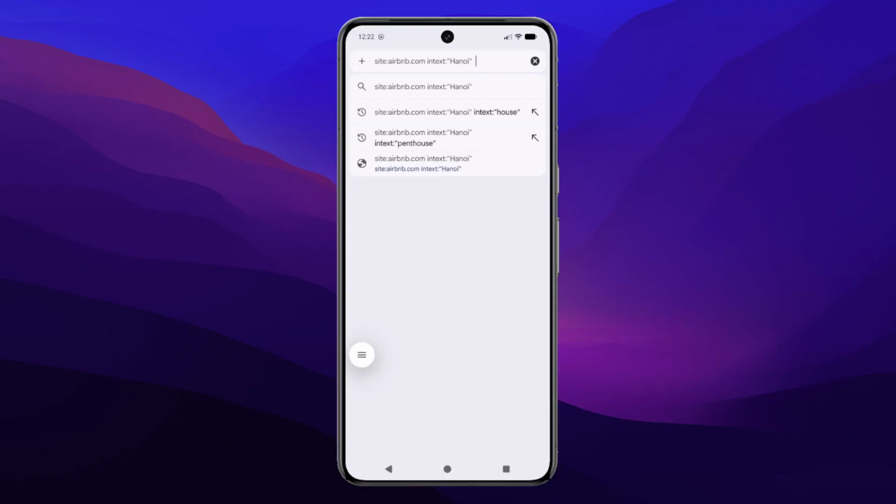Next, after closing the quotation marks, add another space and type in text : again, followed by another set of double quotation marks. Inside these quotation marks, enter the type of accommodation you're looking for. For instance, if you want to stay in a house rather than an apartment or hotel room, you would type house inside the quotation marks. This additional filter ensures that Google only shows you Airbnb listings that mention both your location and your preferred accommodation type. Your complete search query should look something like this: